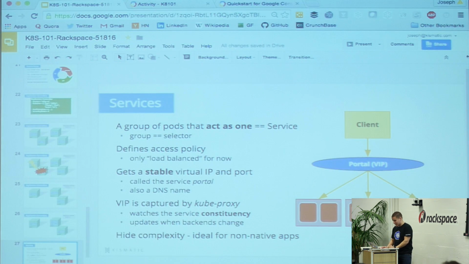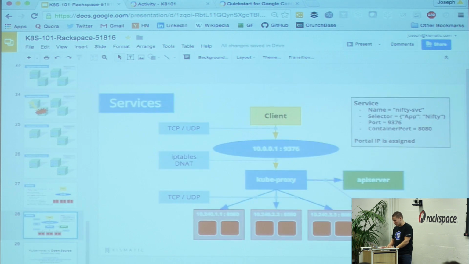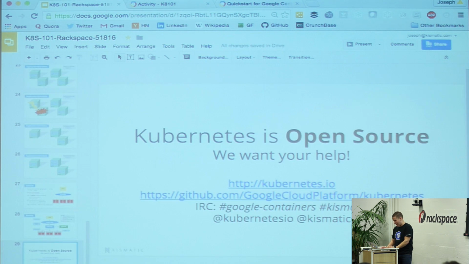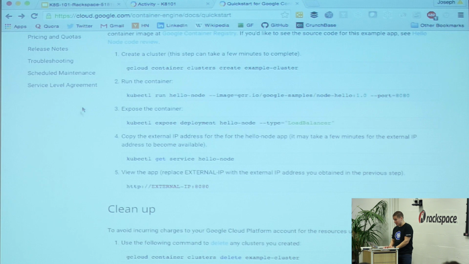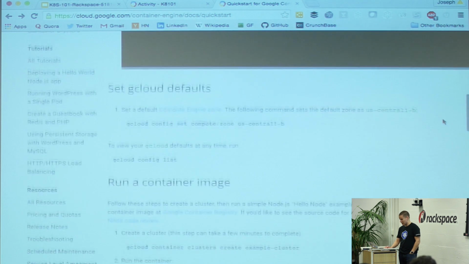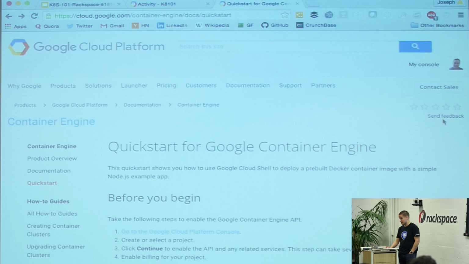I think that's it for my slides. I didn't want to get too deep into services because it can get a little gnarly. And what I'm going to do is actually follow. So the easiest way I can give a quick and dirty demonstration to you is by using, for me anyway, and my very unprepared machine here, a demo from the Google Compute Engine, Google Cloud Platform service for Kubernetes, which